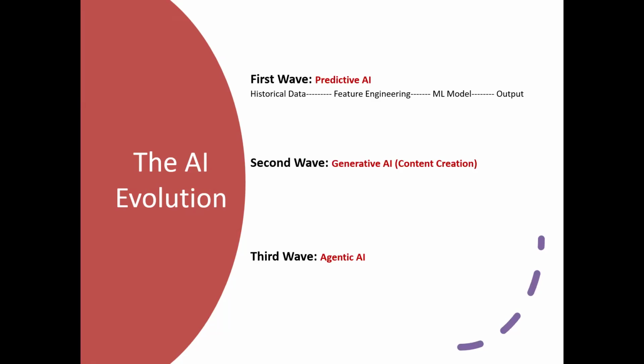Predictive AI focuses on analyzing historical data, identifying patterns, and making forecasts about future events. From the historical data, we do feature engineering, that means pre-processing, using ML models. I'll give you an example of this first wave, especially Netflix movie watching. That means when you watch any movie in Netflix,